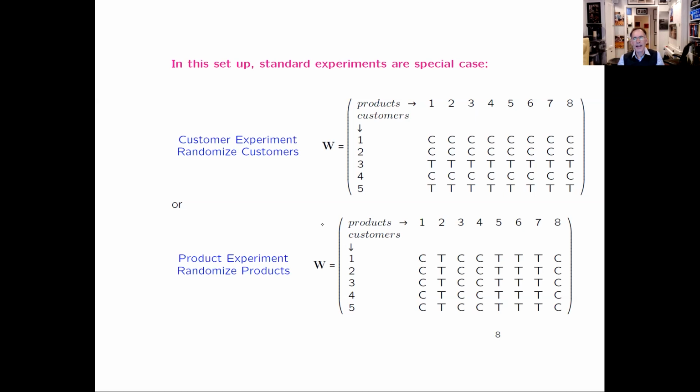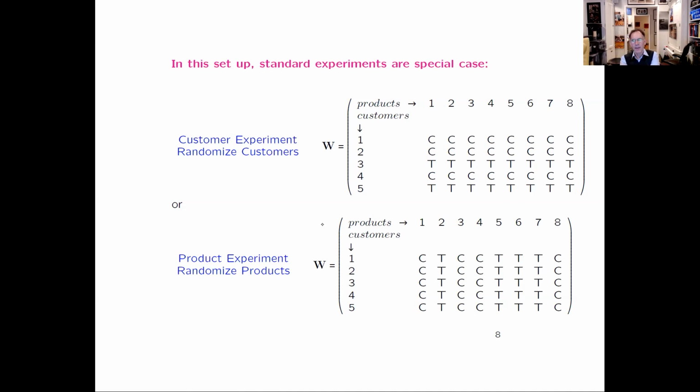But of course, once you set it up this way, it's very clear that you could do something much more general, that you could allow for variation in the treatment within products, but also within customers in a much more complex way. And we can in fact make the assignment completely random, and that's going to be something that's optimal in some cases.